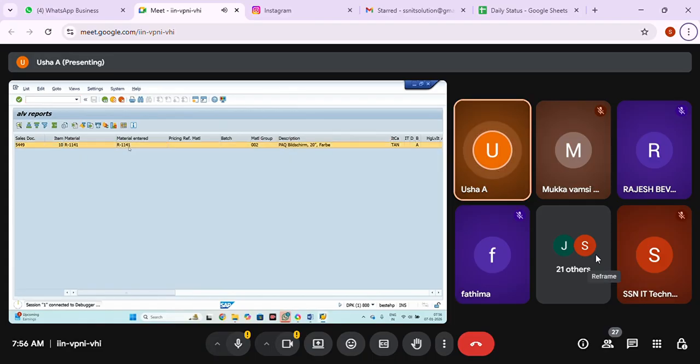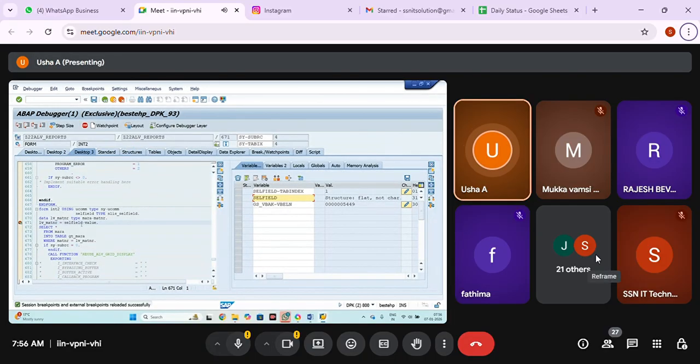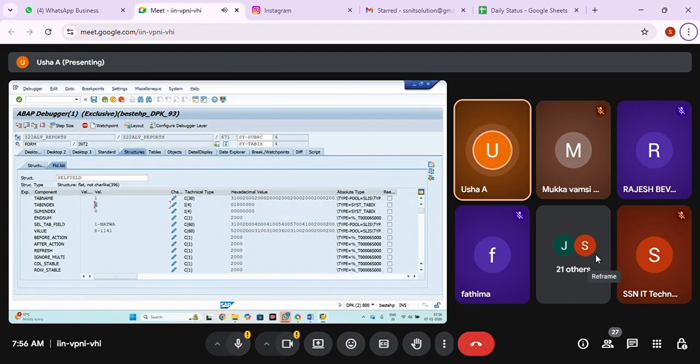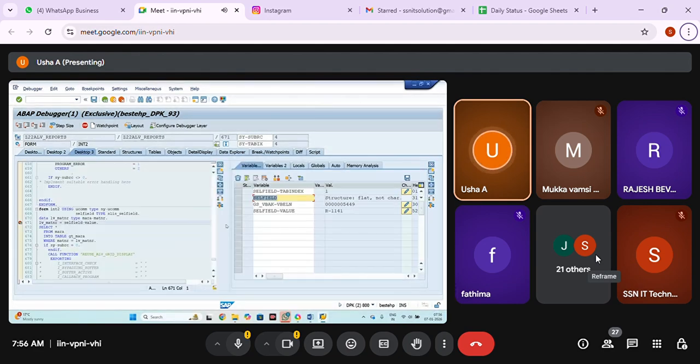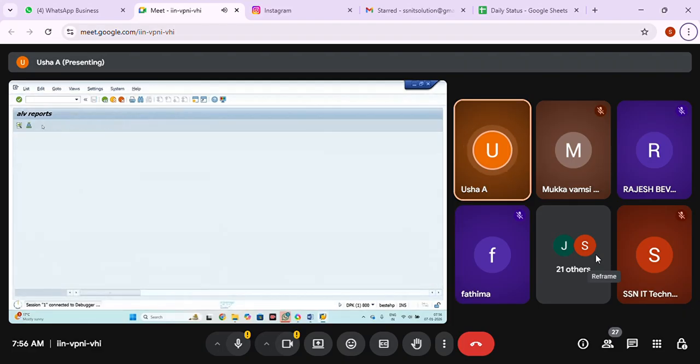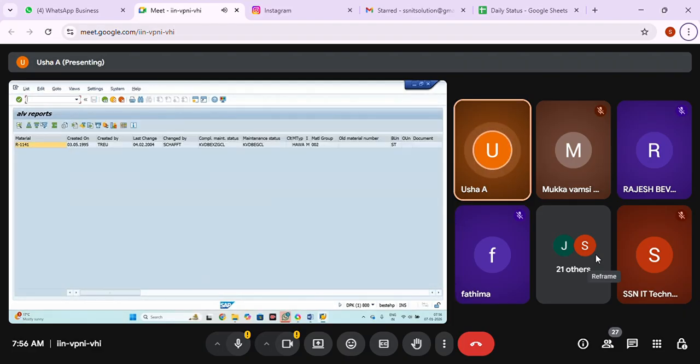After that, I'm selecting on a material. You can see cell field value, which is MATNR. Cell field is going to store all, which index you selected, what is the value inside that, what is the field name, all those things it is going to store. So, you're just going to get the data. Once you got the data, display the data. So this is how we are going to write the line interaction.